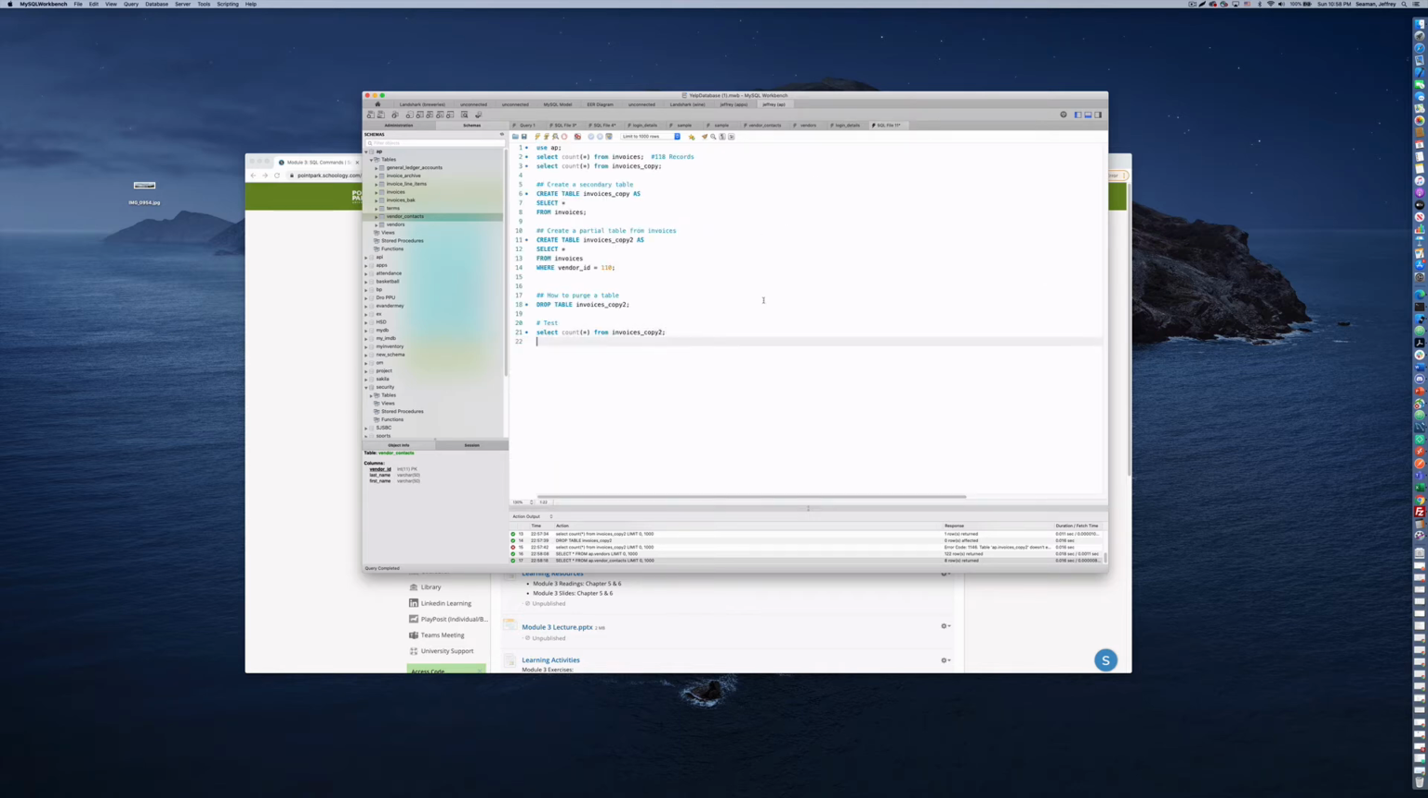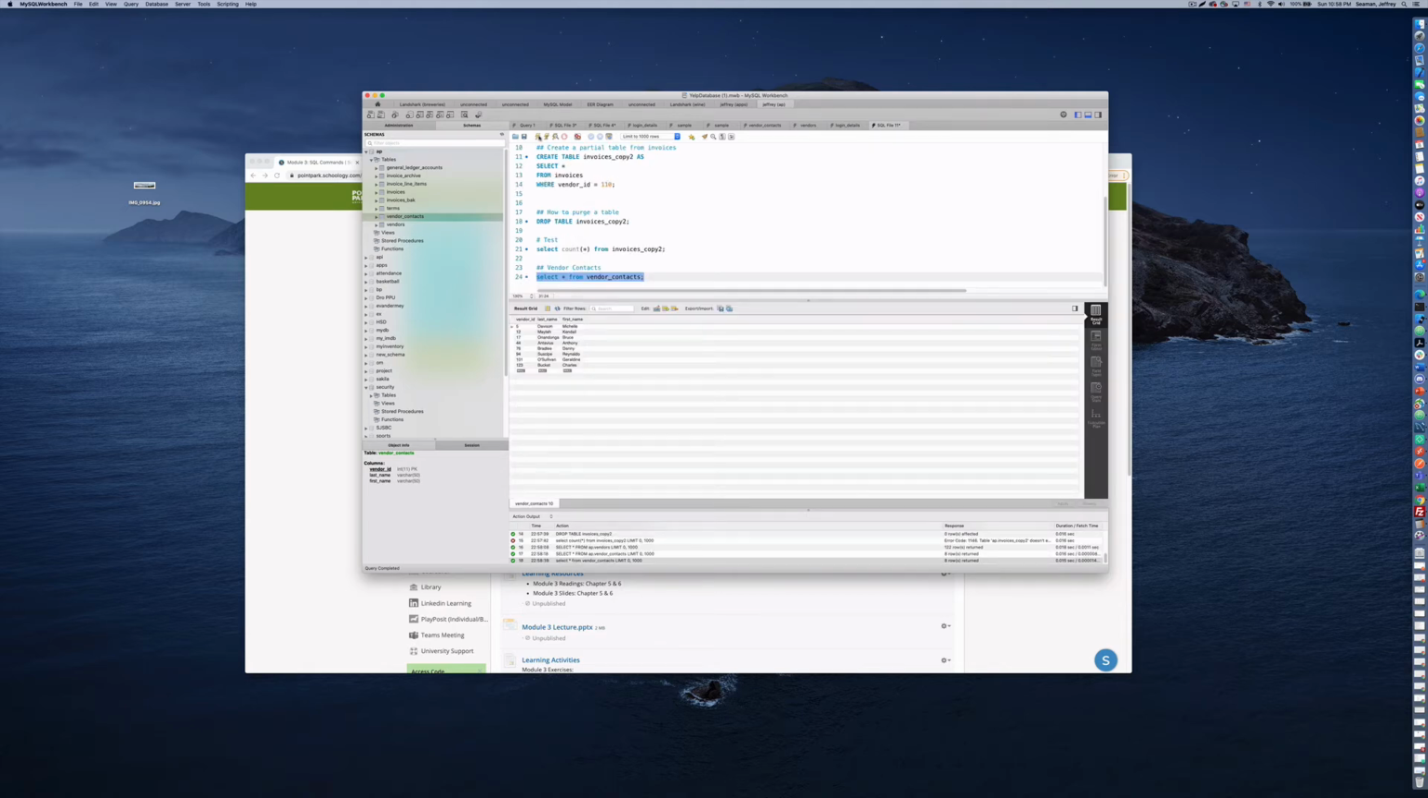All right. Vendor contacts. So first thing I'm going to do is select all the records from there, just to see what we're working with. Okay. All right, so we see that we have a bunch of records here. So I'm going to do an insert. So one thing you have to do is